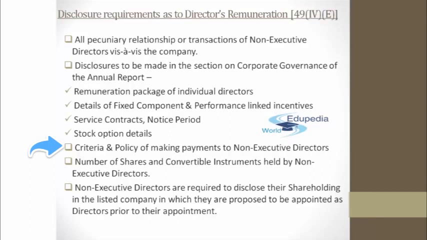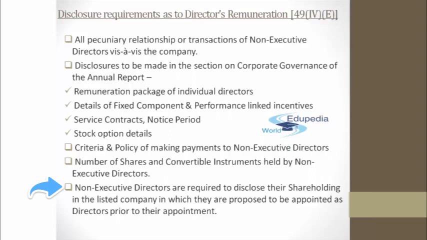What is the criteria of payment and what all are the policies for making the payment to them. Number 3 is the number of shares and convertible instruments which are held by any of the non-executive directors, which again is required to be disclosed. And lastly, non-executive directors are required to disclose their shareholding, both owned and held by persons who are beneficiaries,